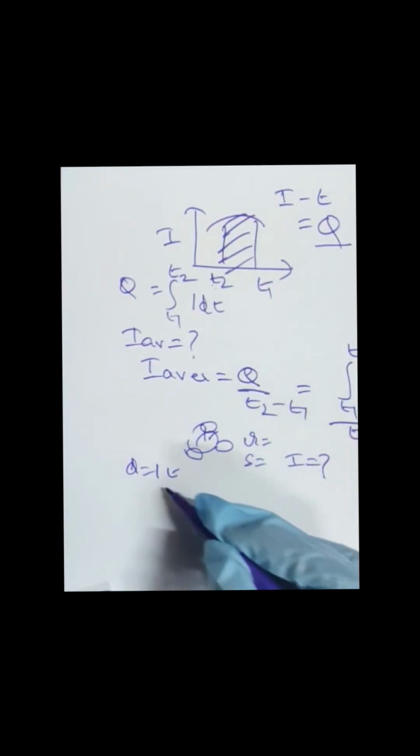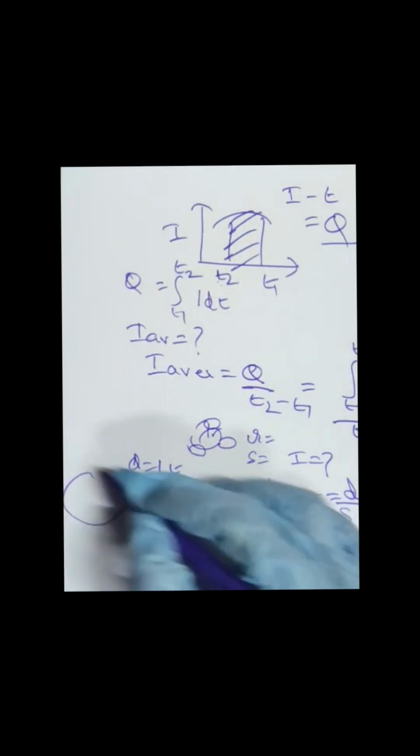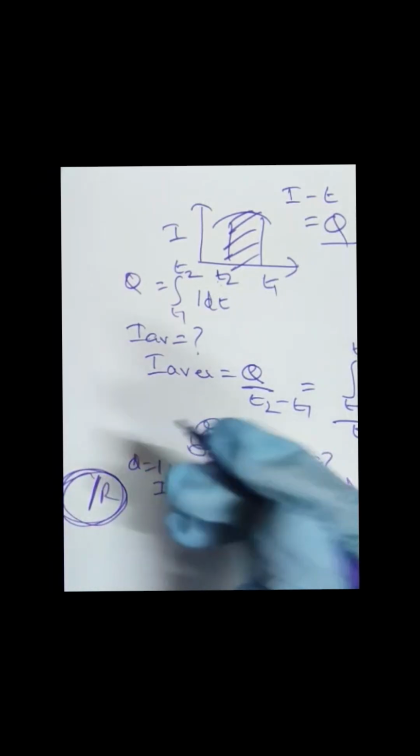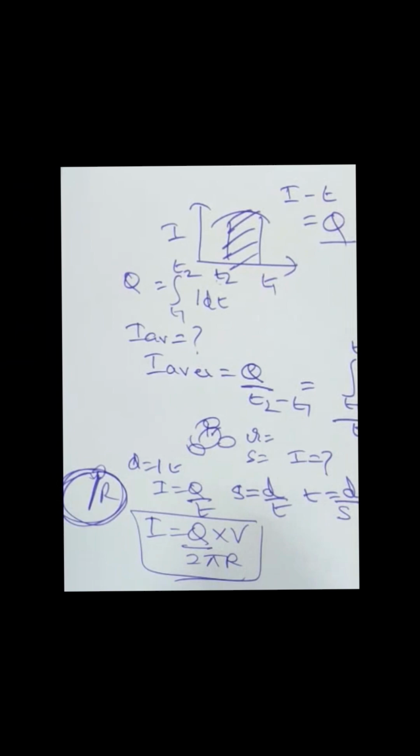See, Q equals IT, right? So I equals Q by T. Speed equals distance by time, so time equals distance by speed. Next, what is the distance in a circle? The radius is r. To complete one revolution, the distance is 2 pi r, with speed written as v. So I equals q by 2 pi r by v. This formula you can use. Okay. Next,